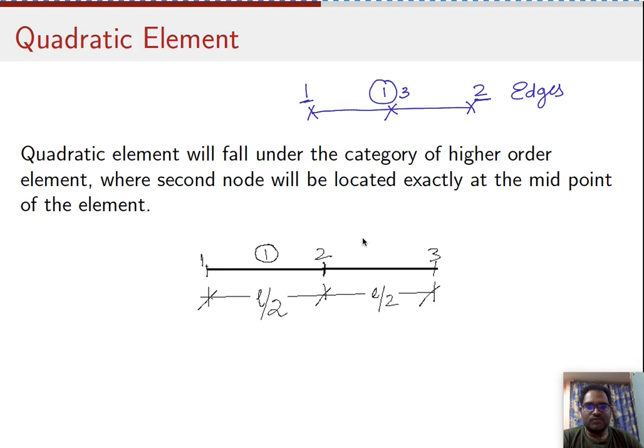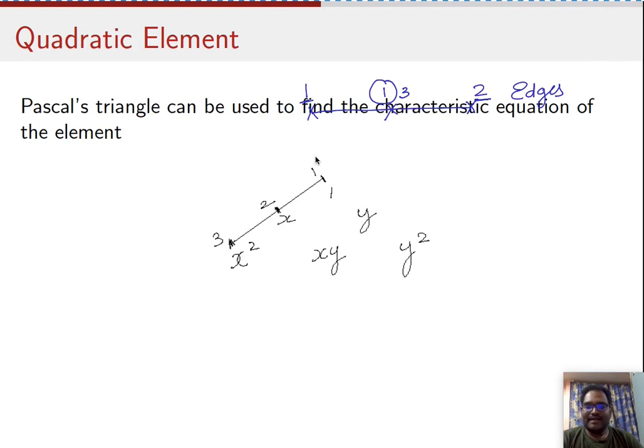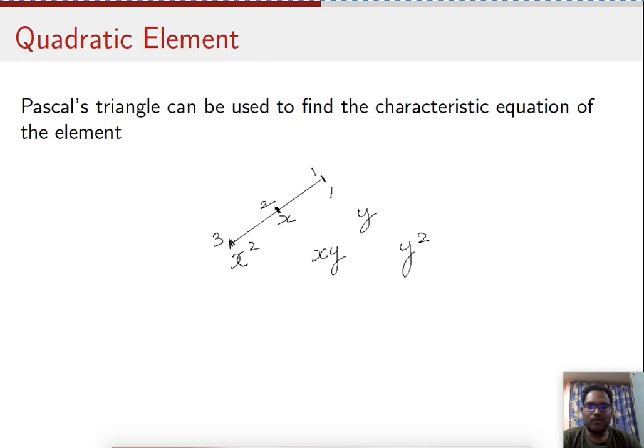Okay, so this is what I've mentioned over here. We have a single element, node number 1, 2 and 3, and node number 2 is located exactly at the midpoint, L by 2 and L by 2, right? Next, we'll fix on to the Pascal's triangle over here. Once we do that, we'll find that node number 1, 2 and 3 are fixed in this particular category. Hence,